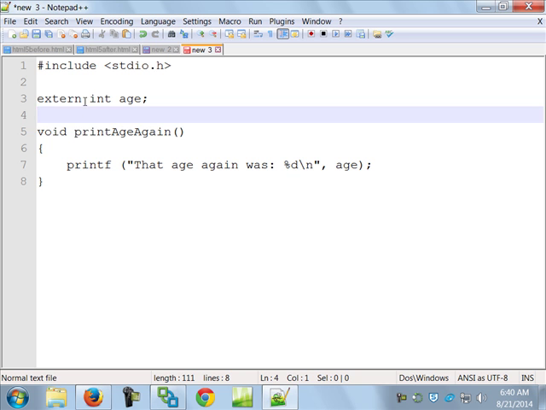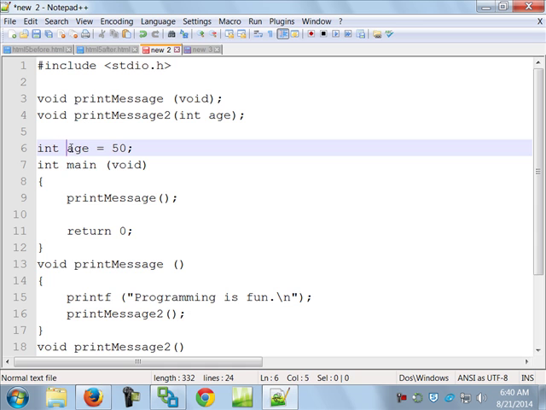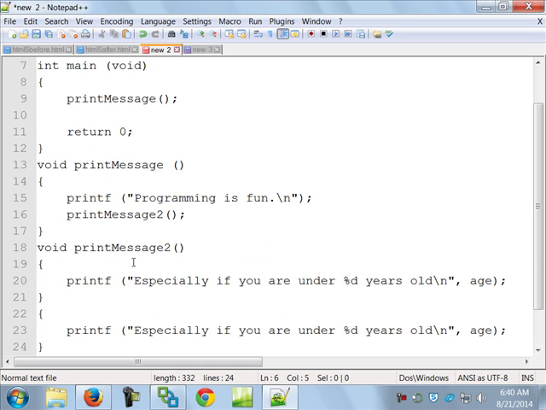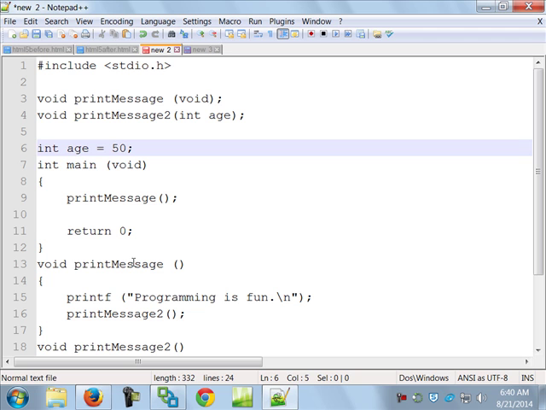Now, what if I don't want that to happen? What if I don't want you to be able to use this age in any other routine, in any other file other than this one? Then I can put the word static in front of it, and that keeps that from happening.